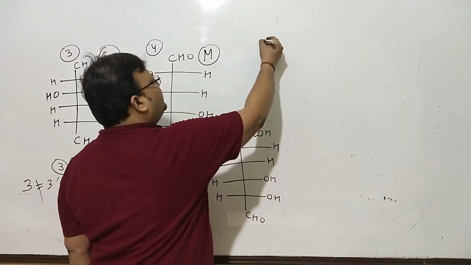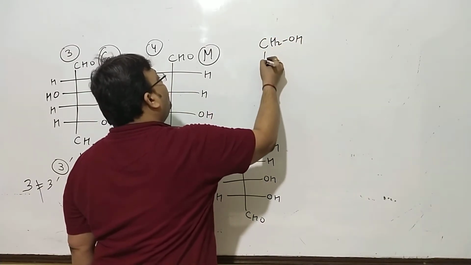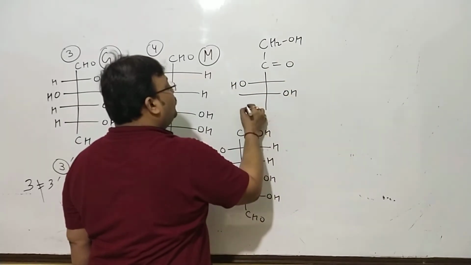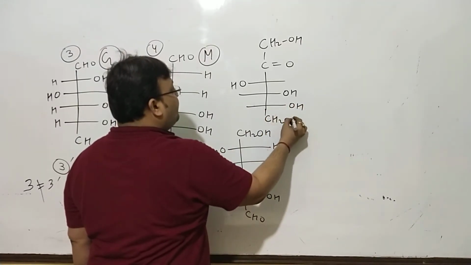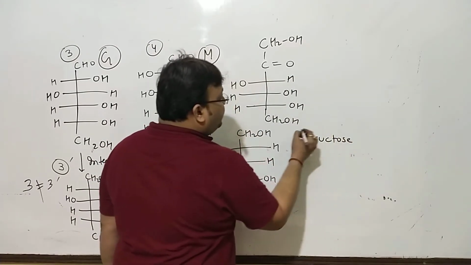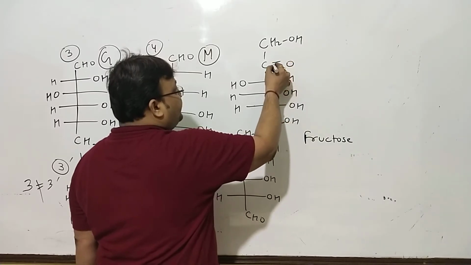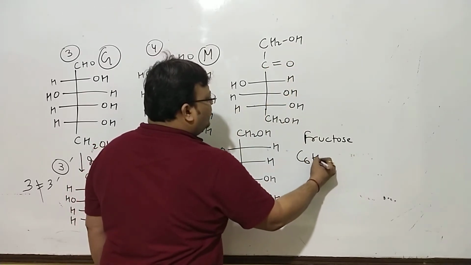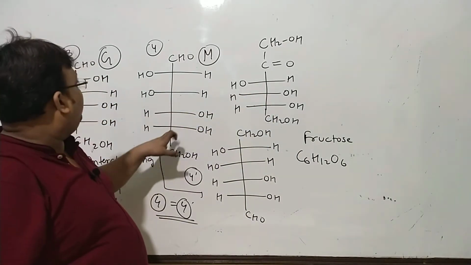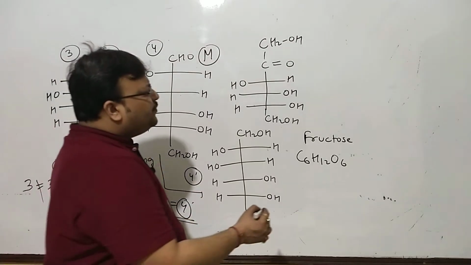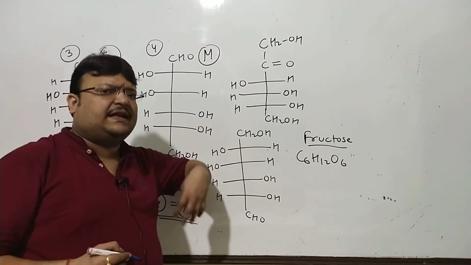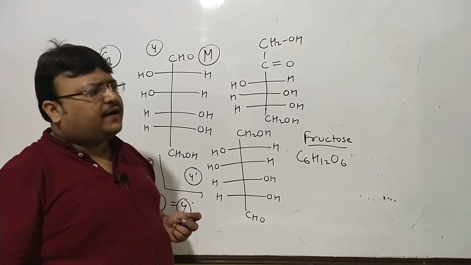And the third structure would be of this very popular ketohexose, which is fructose. Now this fructose is a ketohexose, has the same formula as glucose or mannose, C6H12O6, plus it will have the same configuration on carbon 3, 4 and 5 as glucose and mannose. Glucose, mannose, fructose are three compounds which we will be most bothered about. We'll talk about their reactions in the rest of the videos on carbohydrates.